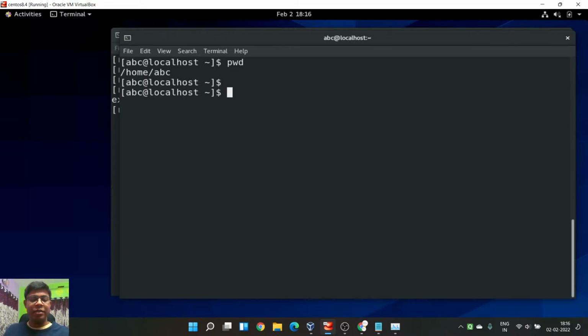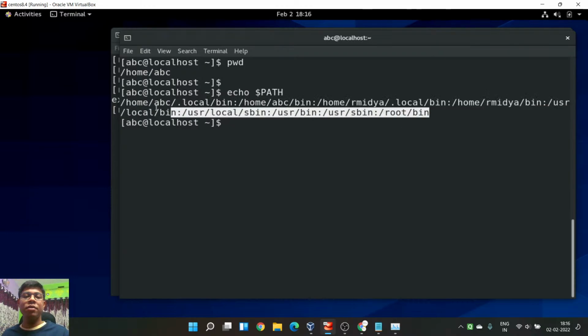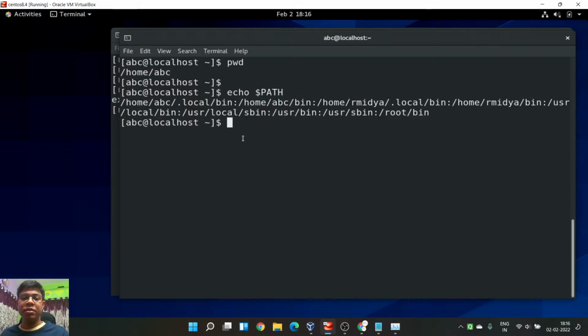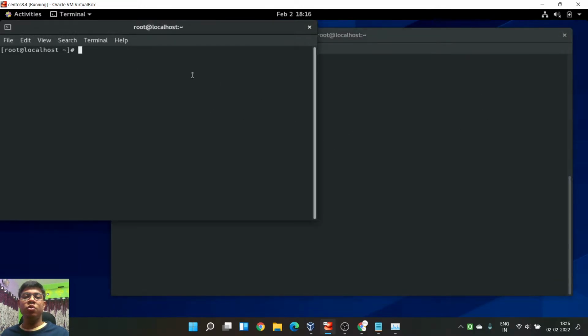Similarly, another thing is echo $PATH. So this is the path, you can see this path. Let me close this session, because there is a reason why I am closing it. I want to show you something.